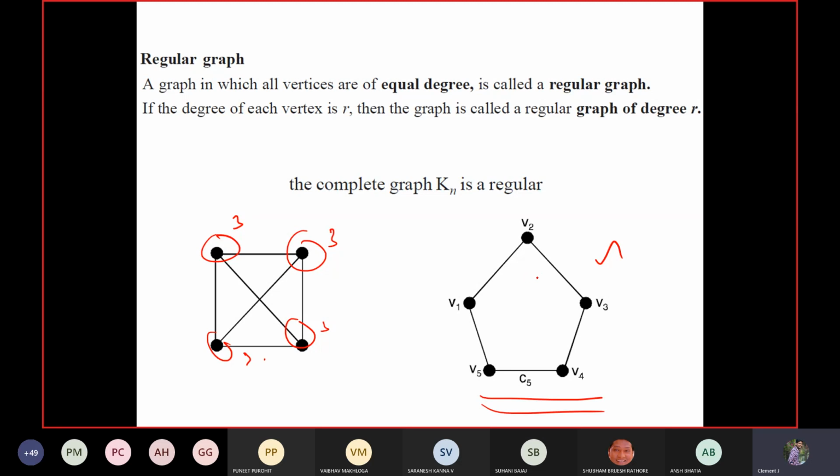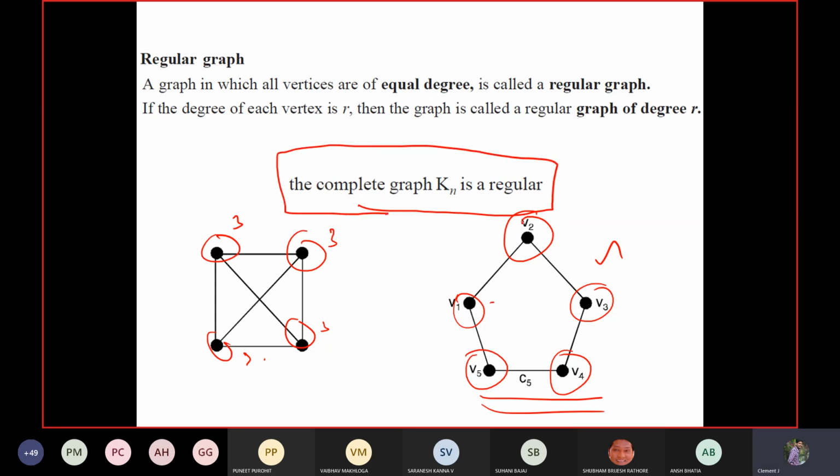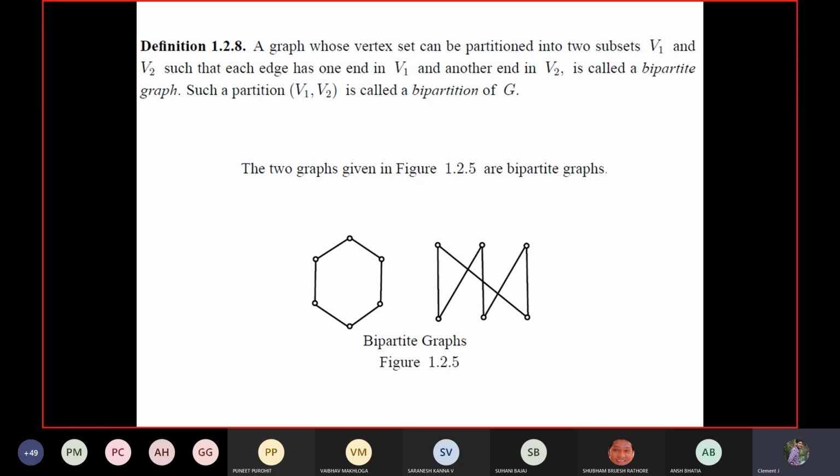Very good. But is this a regular graph or not? Yes, sir, because it is having equal degree with all the other vertices, right? So by which I can confirm this is a regular graph. So certainly I can close with one generalized sentence. All the complete graphs with any dimension of n are regular, because each vertex will have an edge with all the other vertices. So I can confirm that every complete graph for any n is a regular graph. Next, last two definitions, with that I'll close.